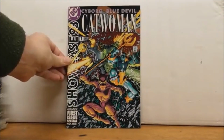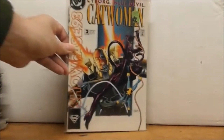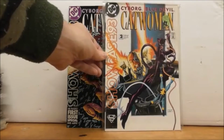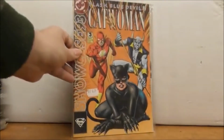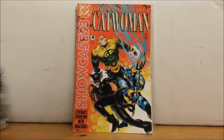Anyway, the final run in this box. Showcase 93, 48 pages, first issue, special, no ads. And these was just like, basically I think it's 3 stories in each. Oh no, this is a 12 part of this first one, so maybe it's not the last one in here. I think it went 12 parts, and then they had a Showcase 94. That's how they did it. So there'll be 3 stories of different characters in each book, and they're all pretty good stories, actually. I quite enjoyed them,